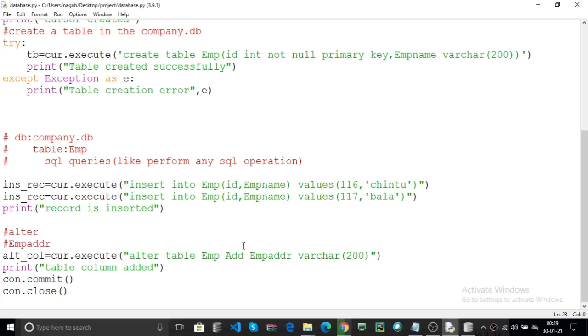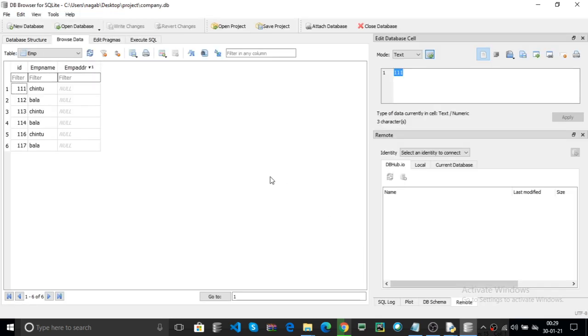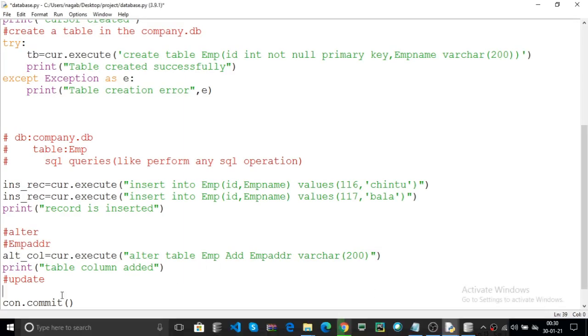Here go to browse. Now I use update, for example. Go to your database. Where EMP ID equal to 113, change the name Chintu to Arya.